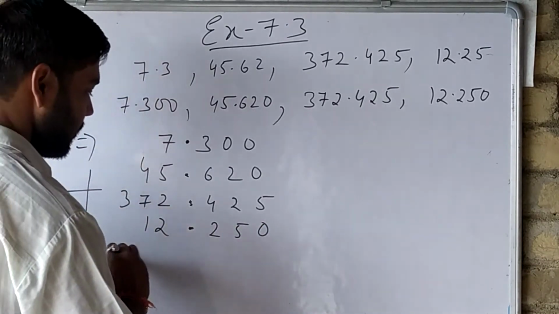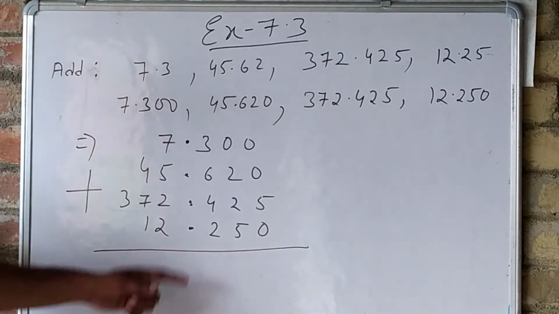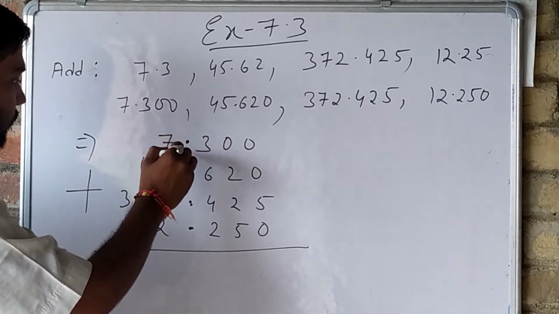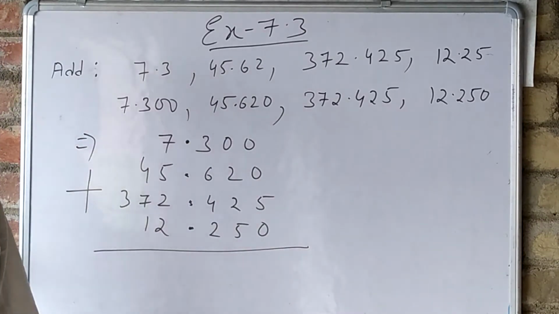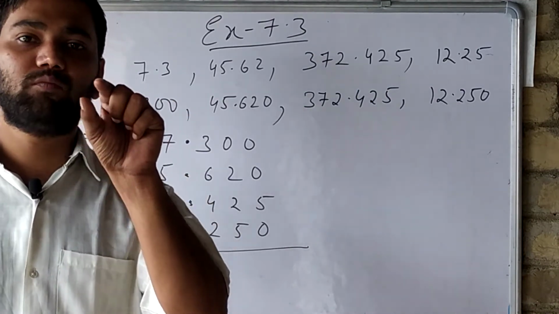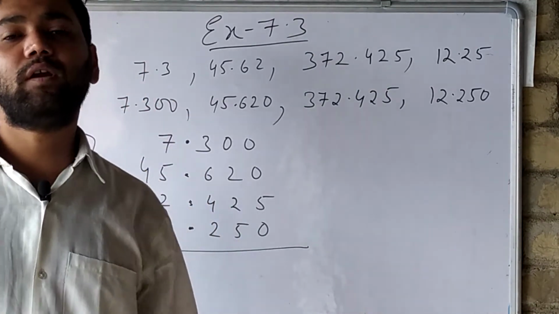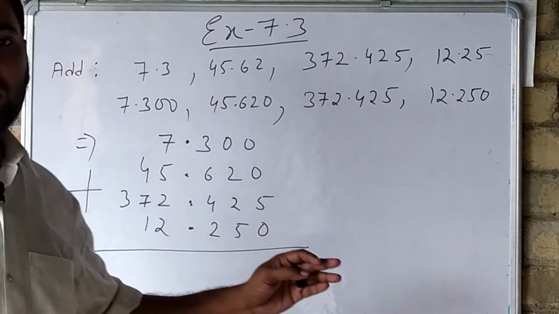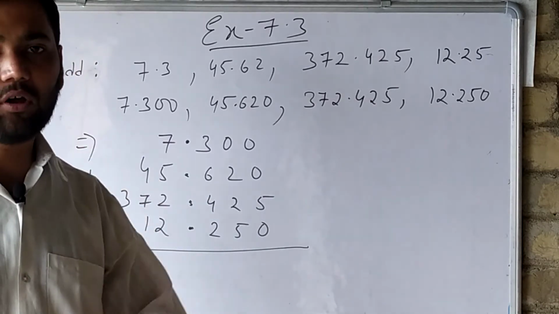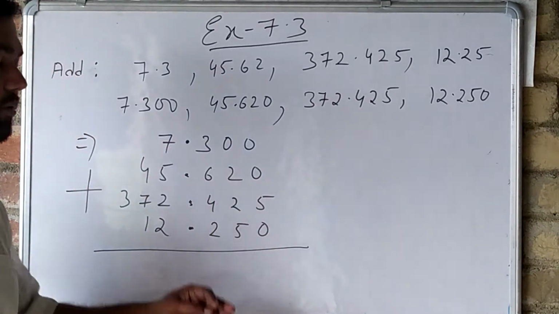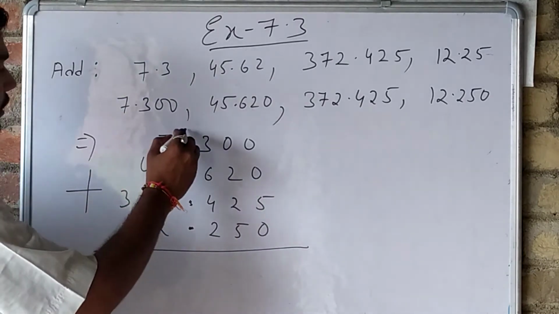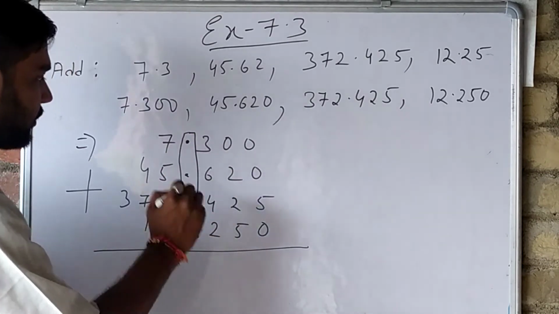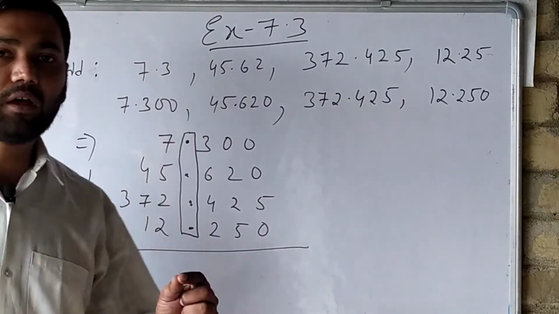So now try it. Now it will be easier. What we have to see is that the decimal places will be in a sequence. The decimal points will be in the same line. If they are in the same line, that means you have placed all the numbers in the correct order. Why? Because the decimal is lying in the same line. So this is the correct way.